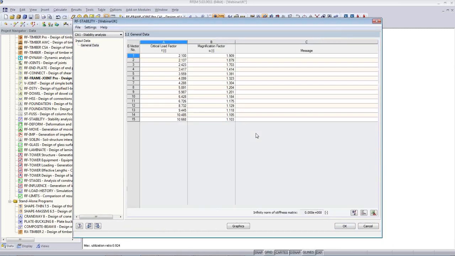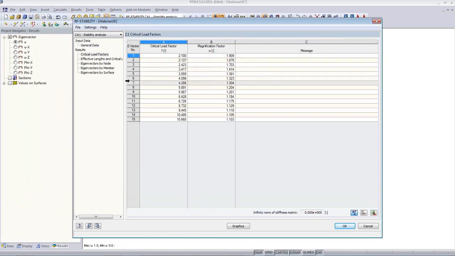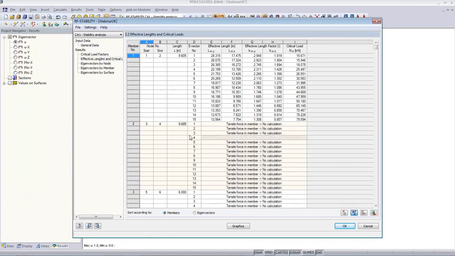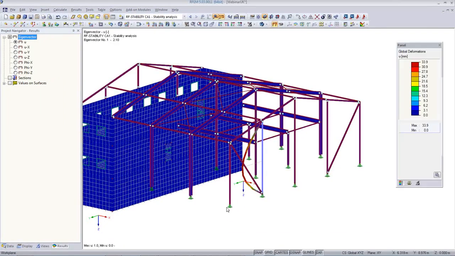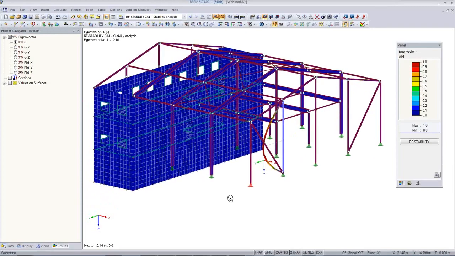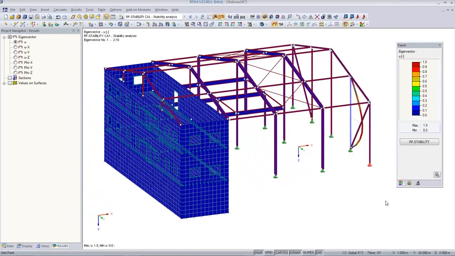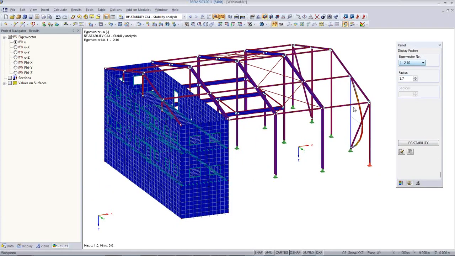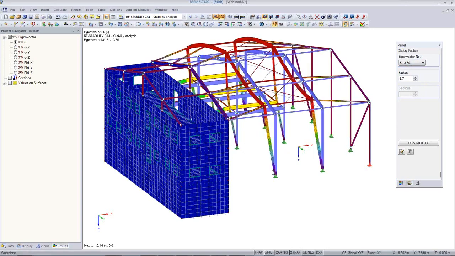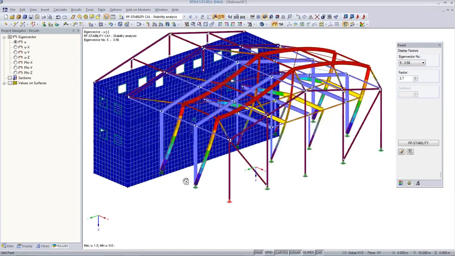And after that, as a result, we can also get the effective lengths for those compression members. And graphically we can see also the parts of the structure that are failing. For example, the first eigenmode is failing of this column, the second eigenmode is failing of the other column and the center column. So those are basically the weakest parts against stability. And then the fifth eigenvalue we have, for example, the main frame